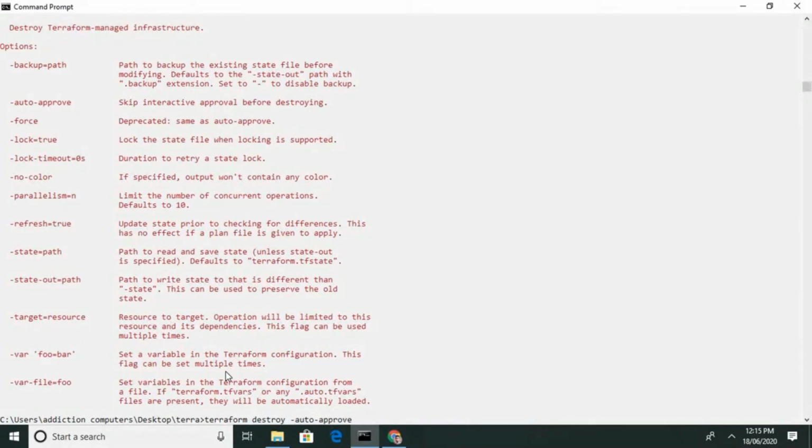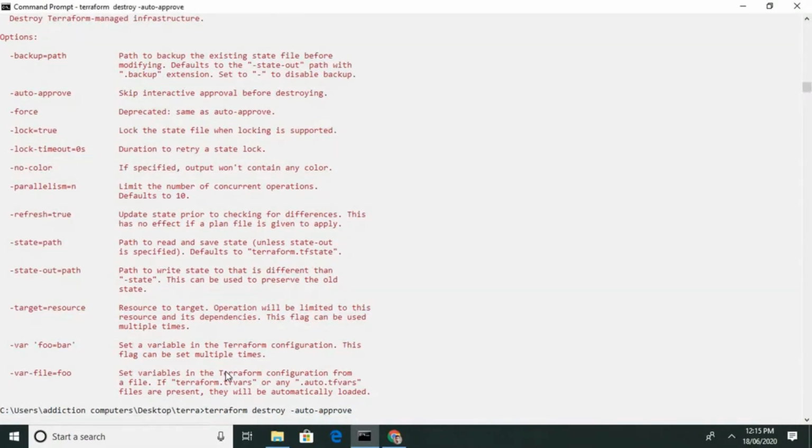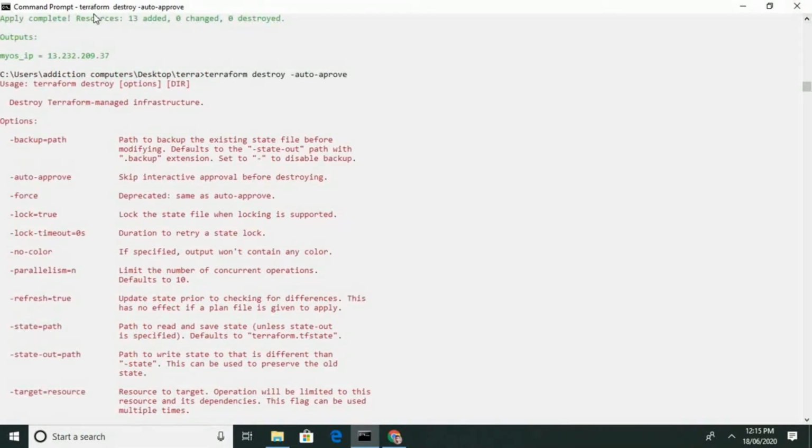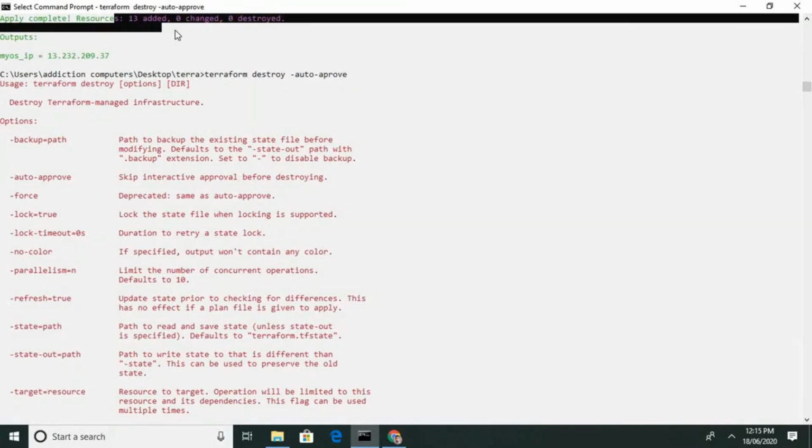Just by one click it's going to destroy everything. Whatever Terraform created, that part is going to be destroyed. And you know that we have created 13 resources, as I showed you above.